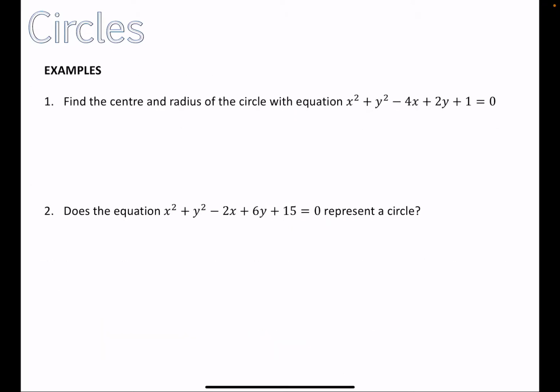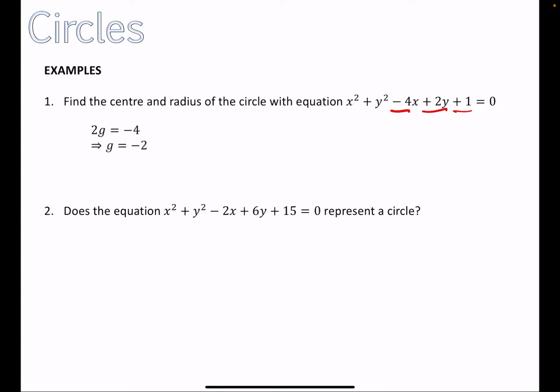Okay, right. Find the center and radius of the circle with equation x squared plus y squared minus 4x plus 2y plus 1 equal to 0. So now it's just a case, and you can use your formula sheet for this, you don't need to memorize this, but it's a case of obtaining these three numbers. So it's the coefficient of x, the coefficient of y, and then the bit floating around at the end, basically. So we can say that 2g must be the coefficient of x, so 2g is equal to minus 4,